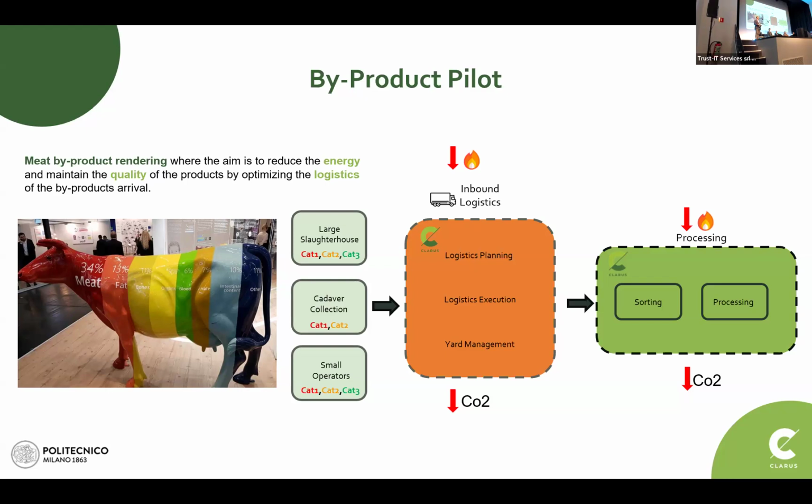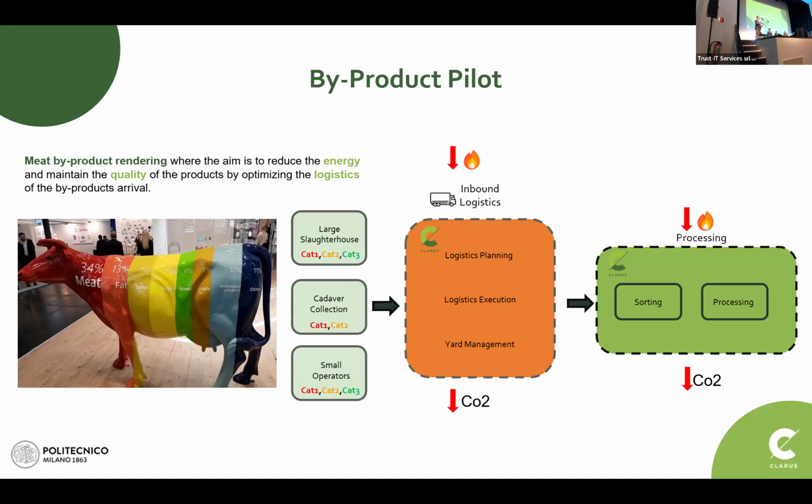So here this is a very time-critical process, and the objective is to, as I said, optimize logistics, make sure that these byproducts reach the production facilities, the processing facilities, in time. Any minute, any delay that is lost in the transportation means degradation of the quality that can potentially lead to more waste and also less value. So here we are using AI to predict the filling times of these containers at these slaughterhouses and use this information to improve